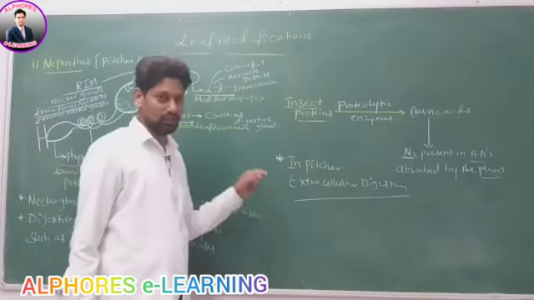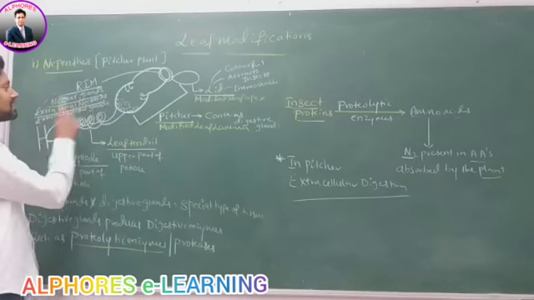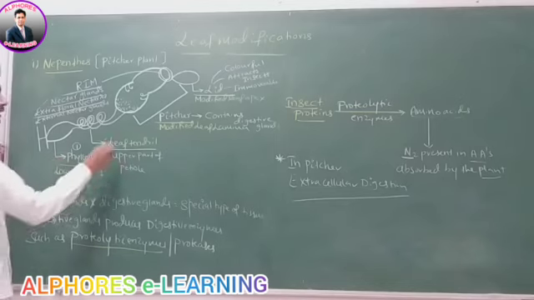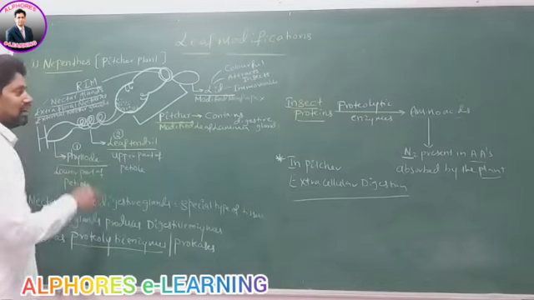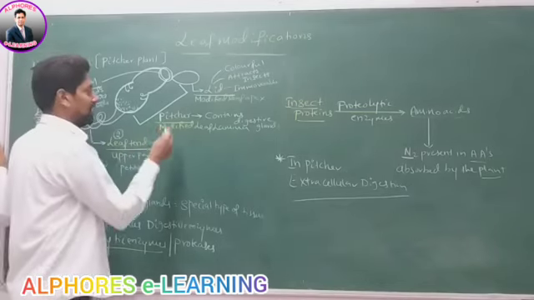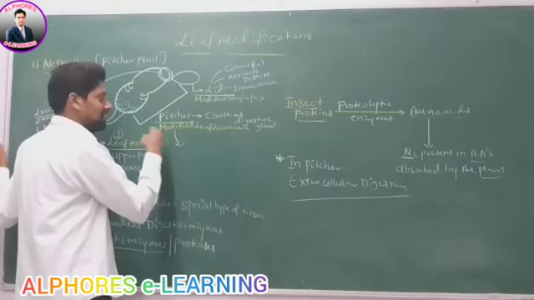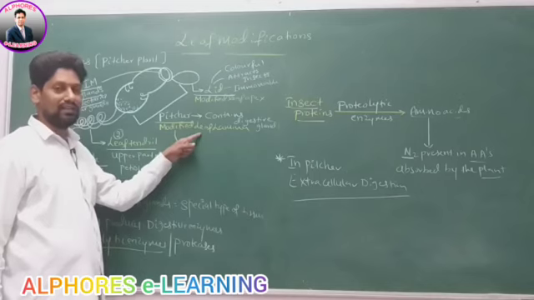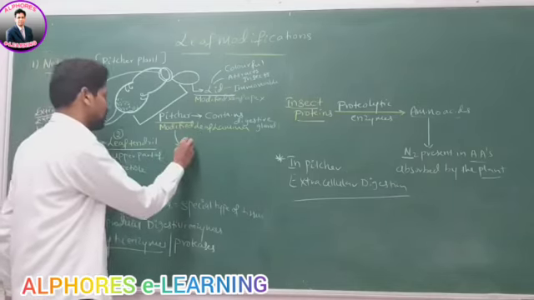Extracellular digestion takes place. Now listen here, in the case of Nepenthes, you are going to see three types of leaf modifications. Number one, phyllodes. Number two, leaf tendrils. Number three, pitcher. This pitcher is nothing but a modified leaf lamina. Yes or no?